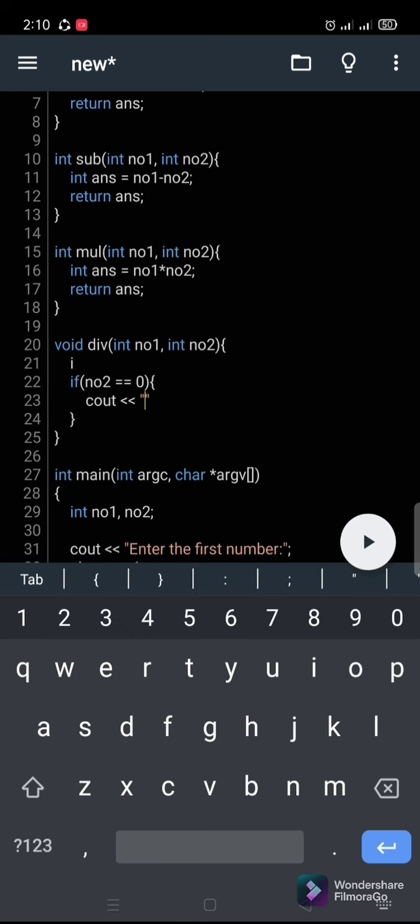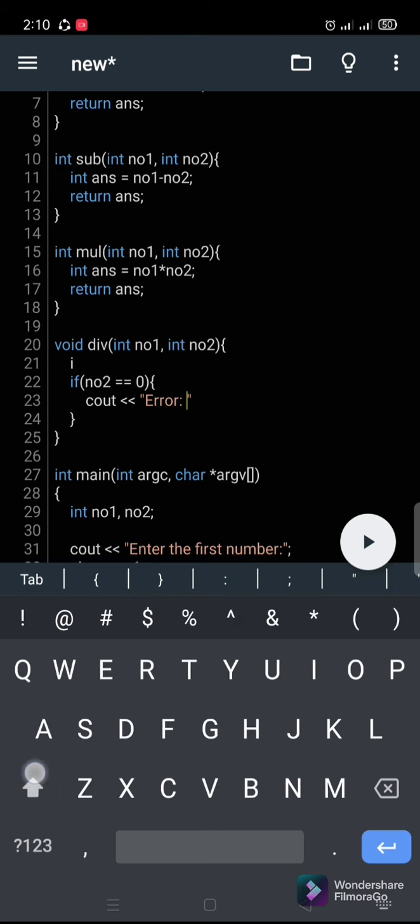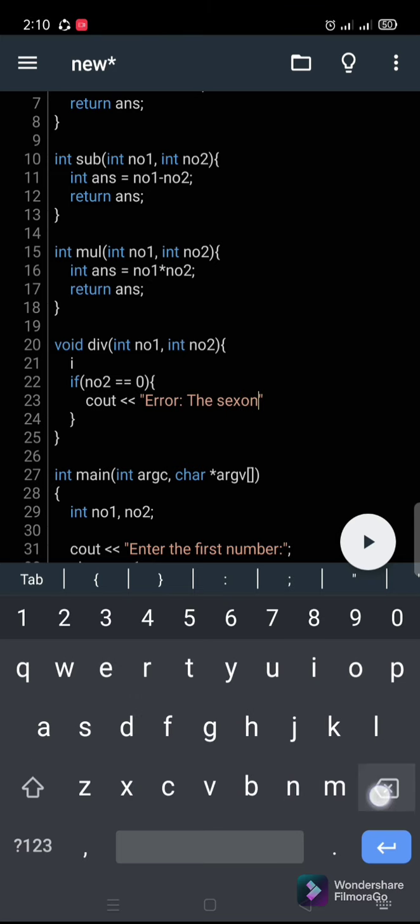We can type here: error, second number needs to not be 0. And then don't forget to